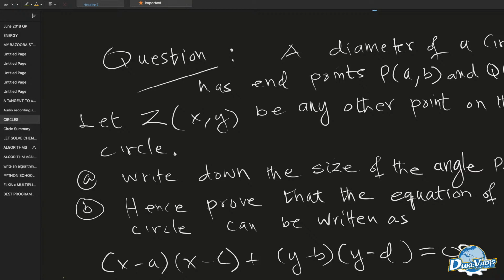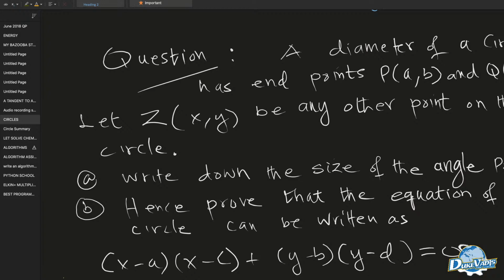Okay, we got this question right here. The question says a diameter of a circle has an endpoint P, which is (a, b), and Q, (c, d). Let Z with coordinate (x, y) be any other point on the circle. Write down the size of the angle PZQ and